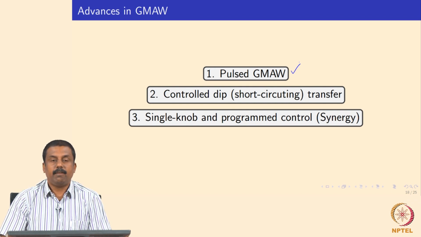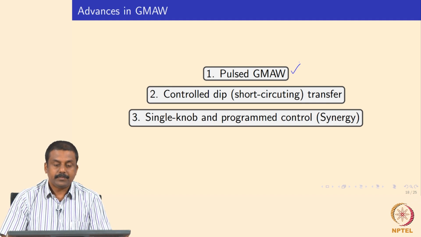For automotive applications, this is also used as a favorable process, because we reduce the heat input significantly by reducing the mean current. Even with a lower mean current, because of the pulsing of the current or voltage, we may still achieve a spray transition at the workpiece, transferring the droplet in spray transition mode. And the other development we have made in GMAW is